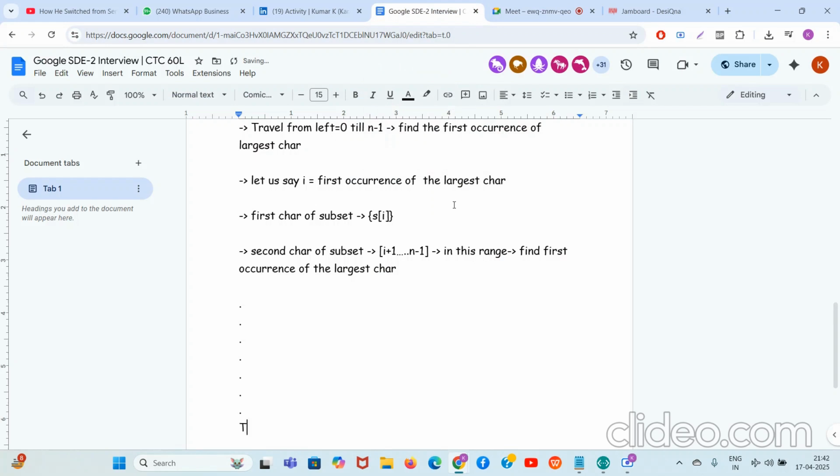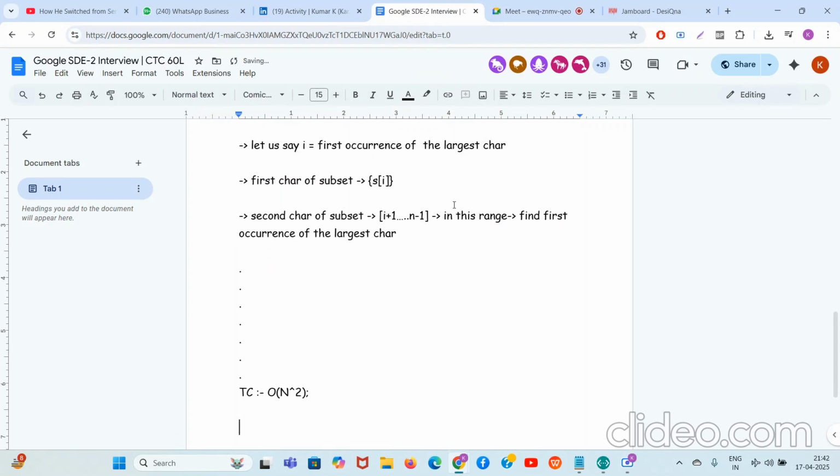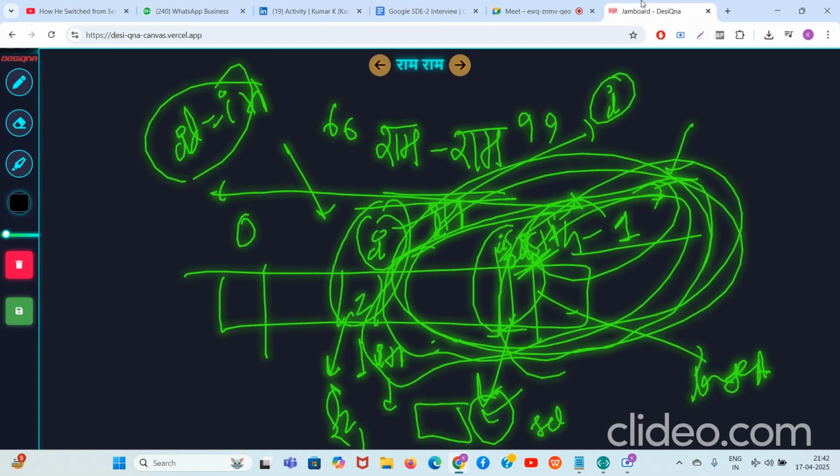Okay, so guys, what is the time complexity for this? You are a pro batch student, so I don't need to explain much. It is O of n square, right? Why is it O of n square? Well,